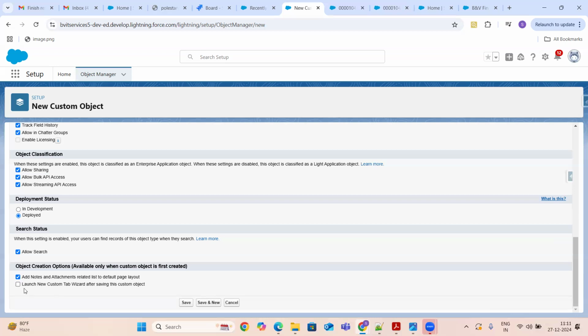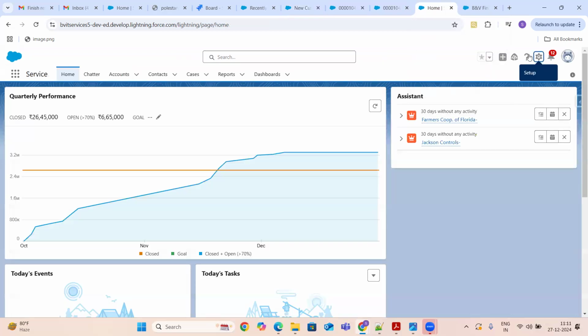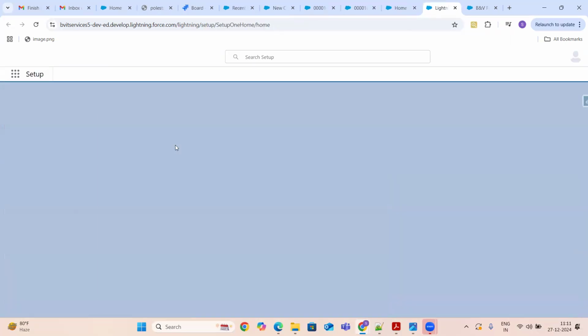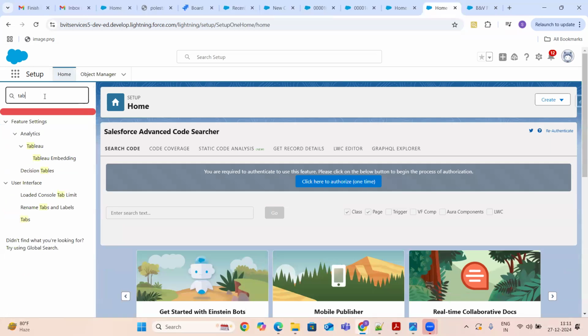Or else, if I don't want to create the tab right away, I'll create the tab later. There is an option from Setup: you can just search for Tabs and go to the Tabs.